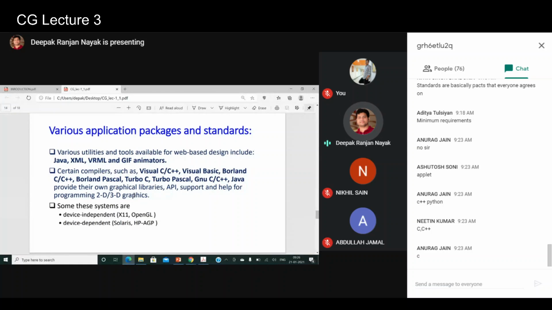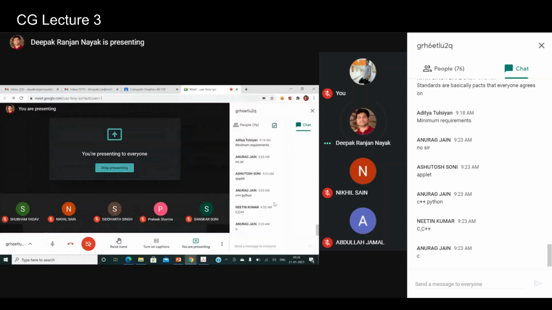Of course, device independent is the good one. If you use the open graphics library and X11 standards or packages like these, then the programs whatever you write... I should not tell the answers right now. Please answer me what is device independent and what is device dependent. I am expecting a quick answer from you.